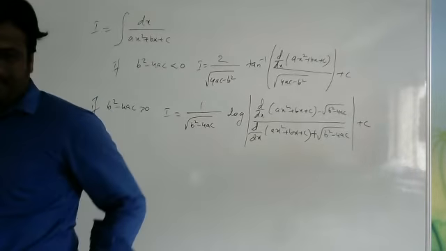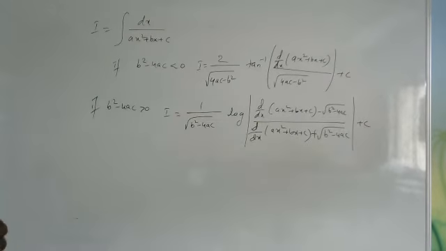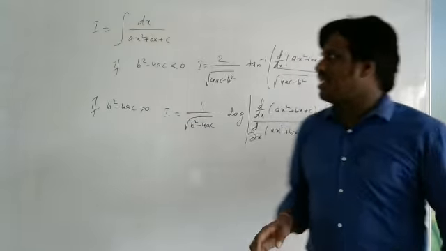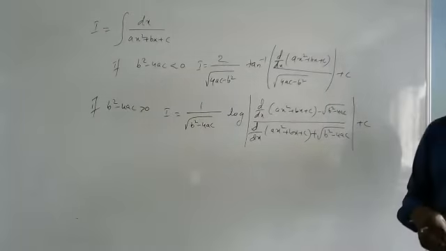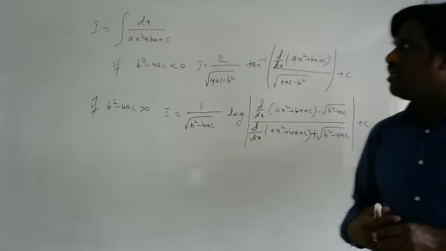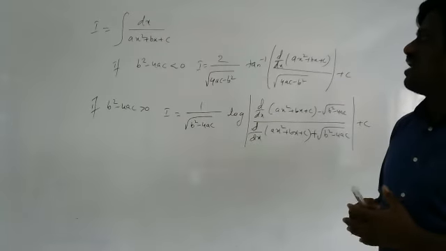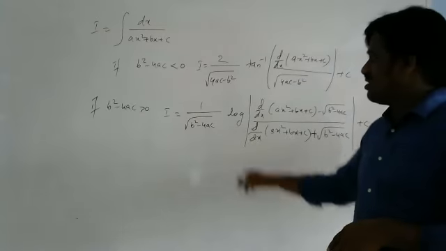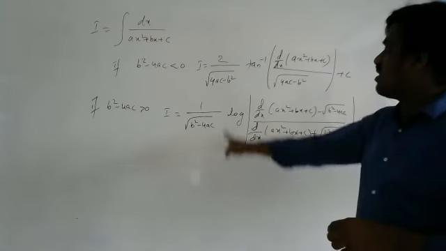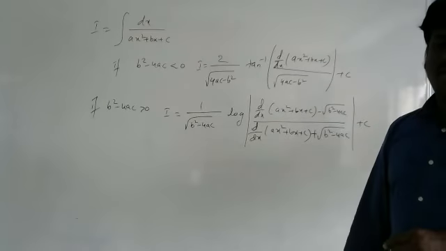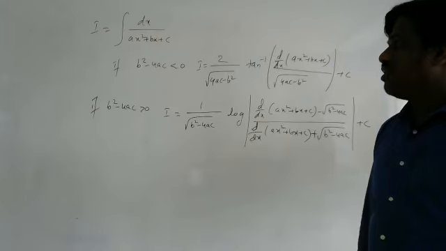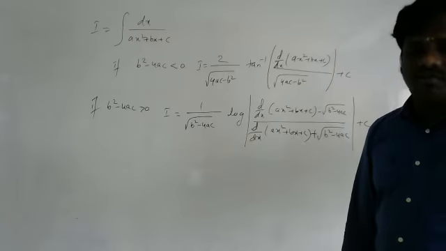So here, listen to me. Now these are the shortcut formulas. Whenever you have integration of dx by ax square plus bx plus c, meaning 1 upon a quadratic, when discriminant is greater than 0, this is the formula. When discriminant is less than 0, this is the formula. Shortcut formulas to find the integration. Okay, these are the shortcut formulas.